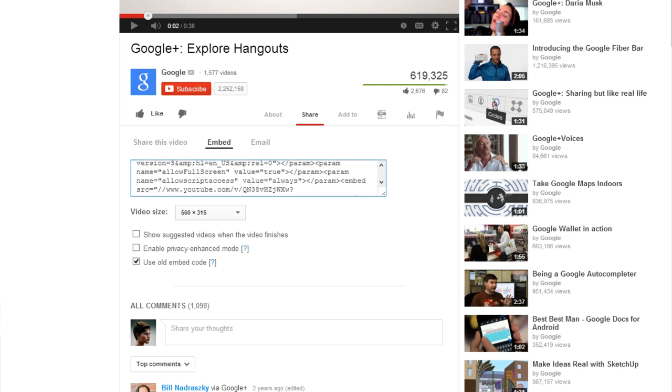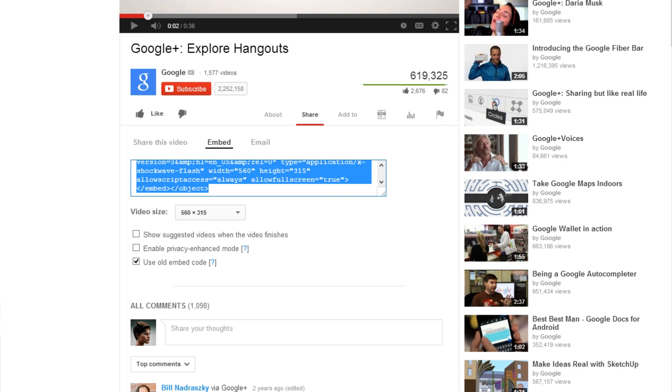So we're going to grab this entire code and copy it. Now, before we embed it into lead pages, we are going to want to clean it up a little bit. When you see this code, it's already got REL equals 0, which means related videos are not going to play. What you want to do is go where this AMP is, and change that to autoplay